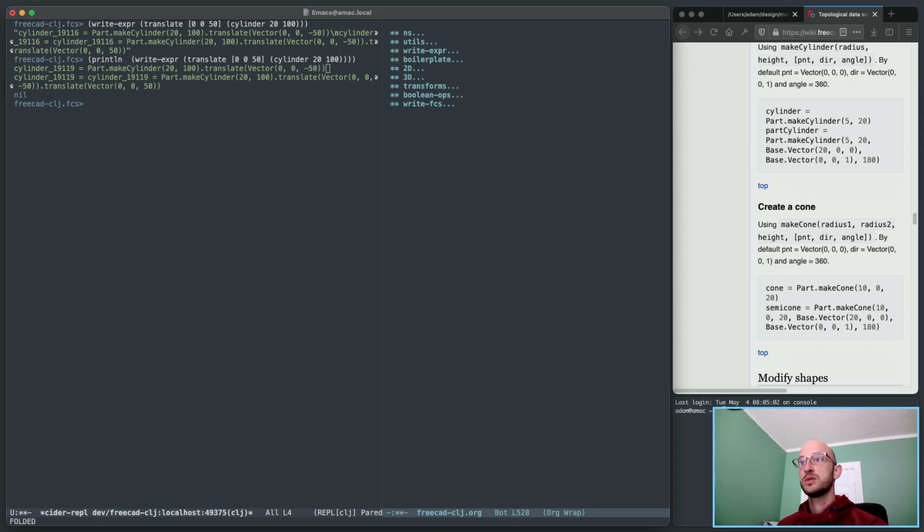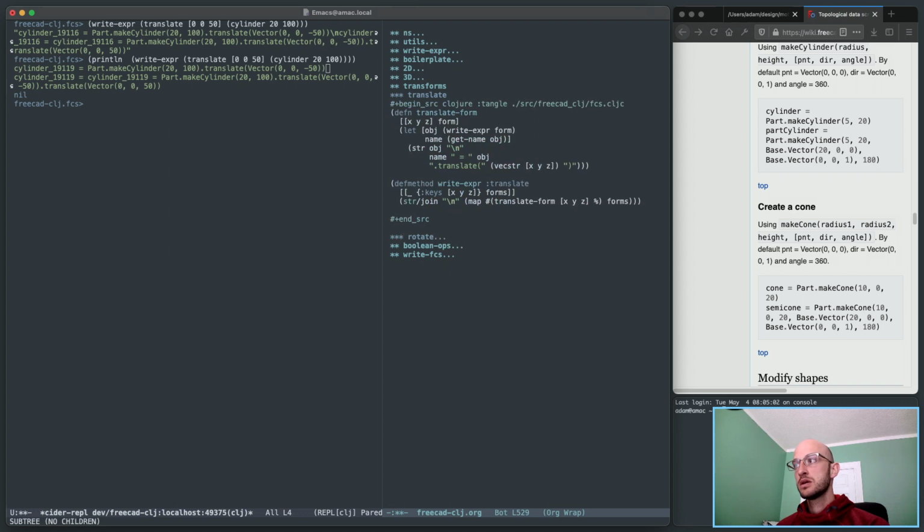I want to do, right, so it's plunking the object in there directly, which already has a name, a variable name here, assigned to it. The name